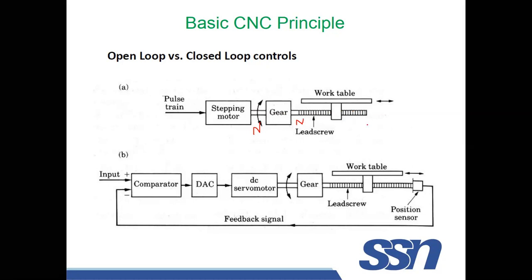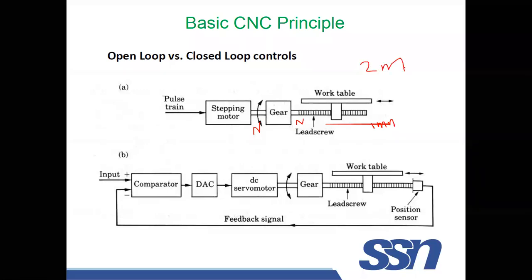If it is a single start lead screw, whatever rotation the motor makes, the screw makes one complete rotation for one complete rotation of the motor. If its pitch is 1 mm, what happens? One complete revolution of this lead screw will make the table move 1 mm. Understand? Supposing it is a double start thread, if this lead screw makes one complete revolution, it will move 2 mm.